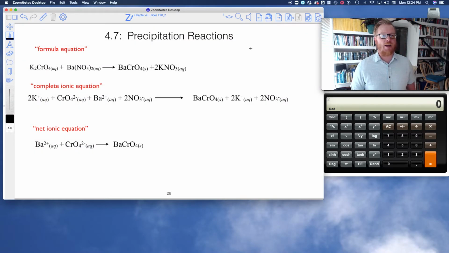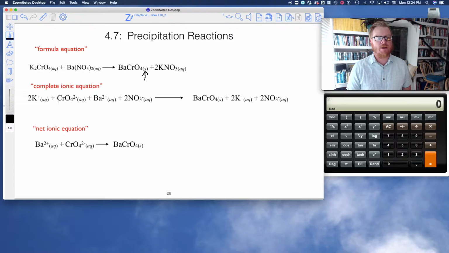Let's summarize what we've got here. So the way I've written this all down, and notice here, we have to put a solid there to indicate that that's the correct product, okay? So that's our precipitate. This is the full formula reaction, where I've got all of the formulas put together, okay? So now when I break it apart into its ions, look what happened to the potassium chromate,